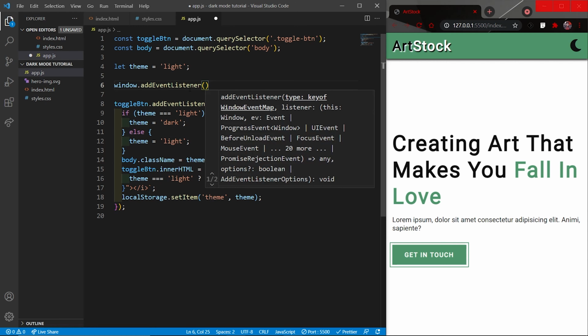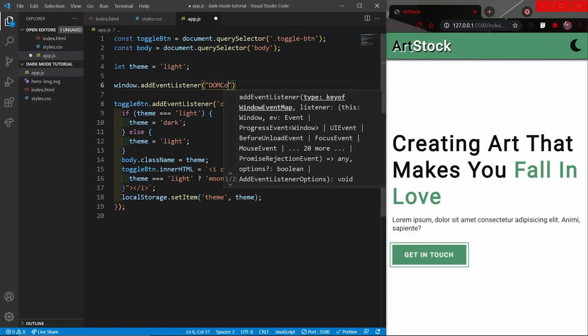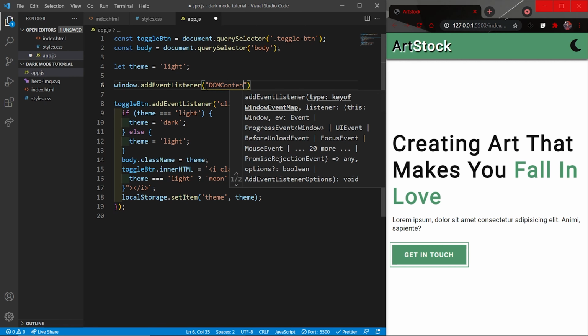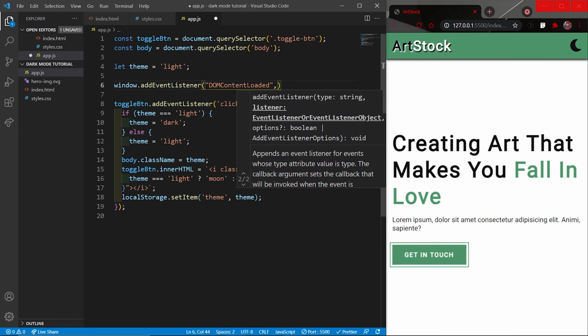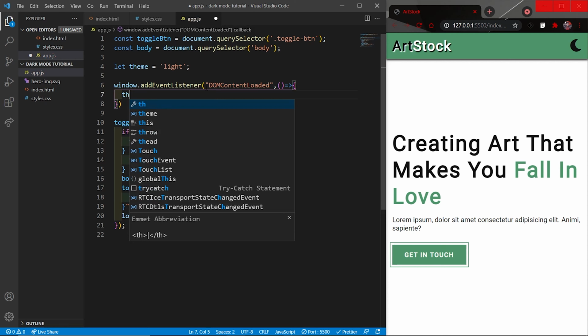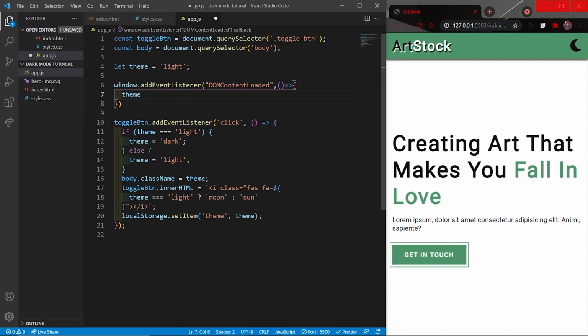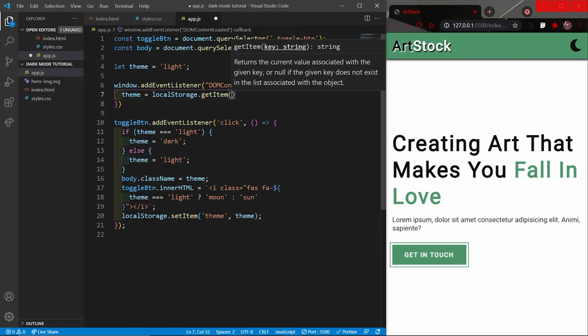So for that, we will use our window and add an event listener to it. The name of the event is DOMContentLoaded. Make sure you spell it right, and let's give it a callback function. Now we want the theme to be the one that we get from our local storage using this theme key.